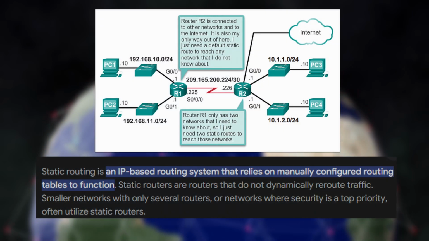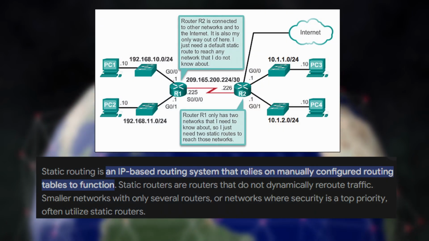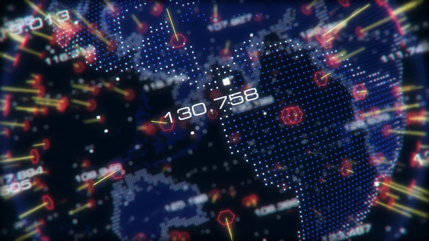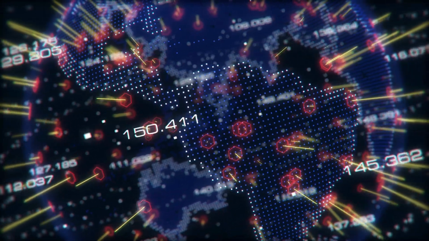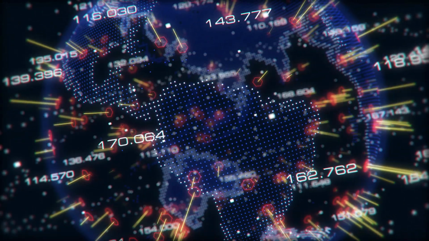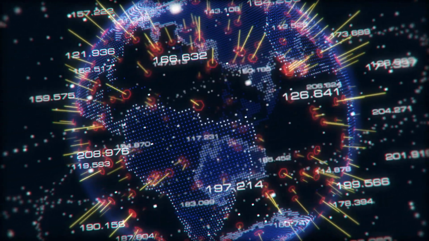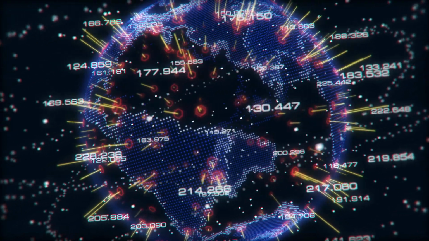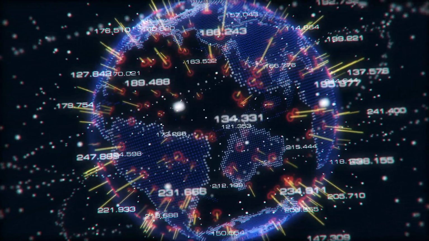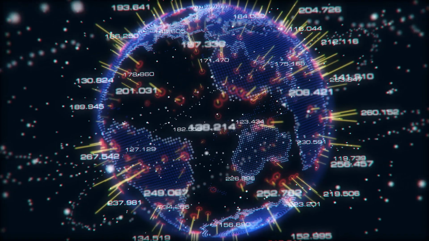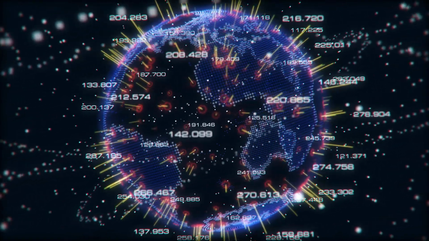This is when a network administrator manually sets up routes for data to travel. Think of it like a fixed map. Data always takes the same path, regardless of changes in the network. Static routing is simple and works well in smaller networks or environments where the layout doesn't change often. However, it's not ideal for larger, dynamic networks because any change, like a link failure, requires manual updates, which can